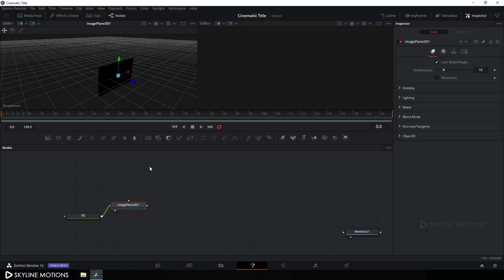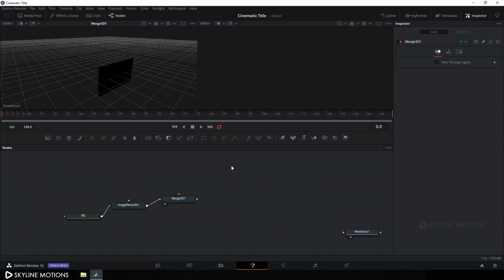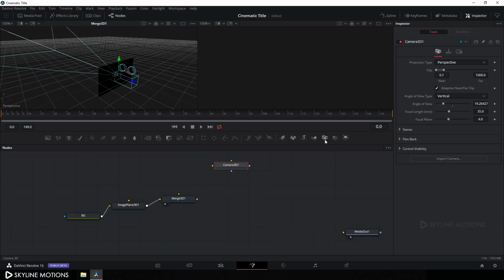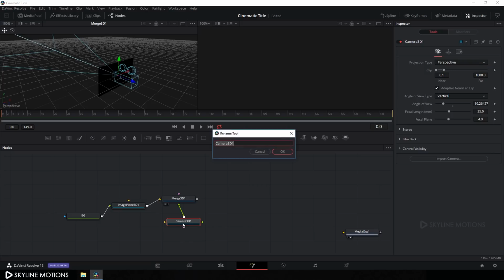Alright, now let's take a new merge 3D node. So click on this merge 3D button and add a merge 3D node and attach this image plane 3D with this merge 3D and drag this merge 3D on this viewer 1. And now let's take a camera. So click on this camera 3D and connect this camera 3D with this merge 3D. And let's call it main cam. So hit F2 on the keyboard